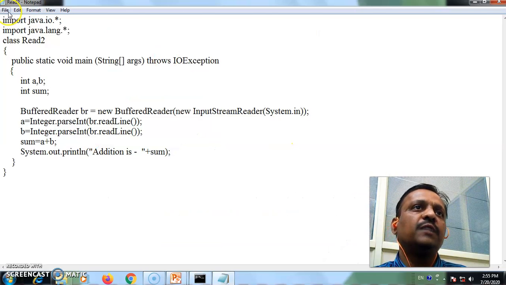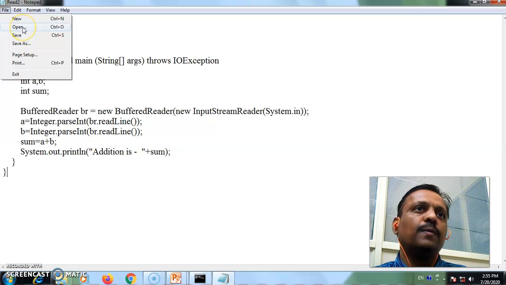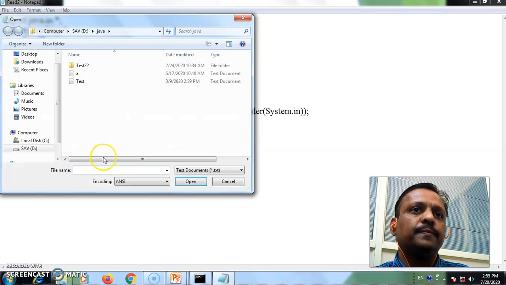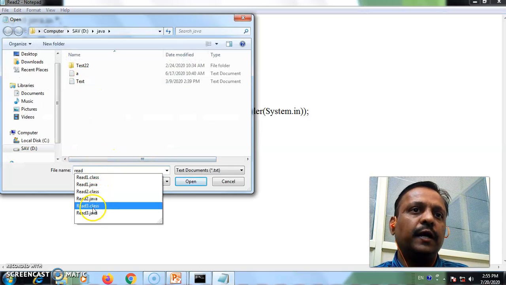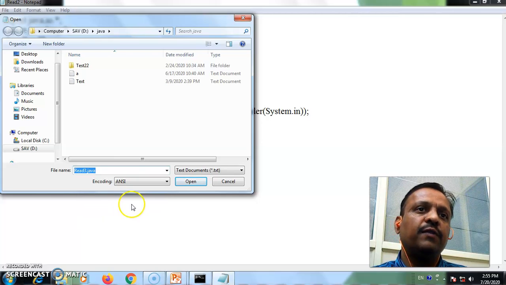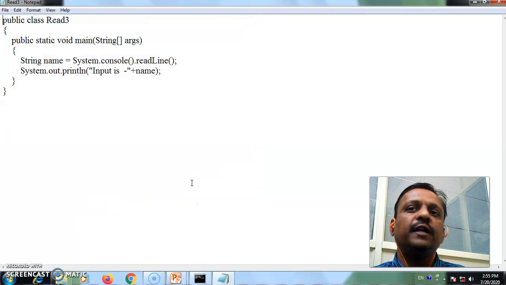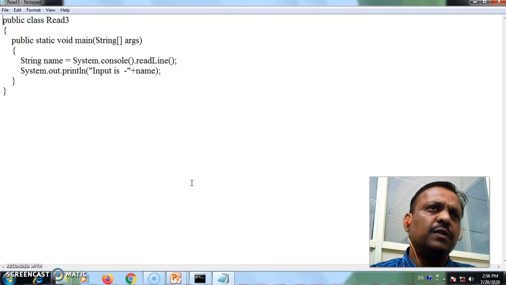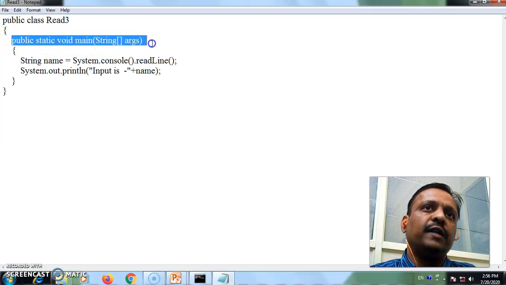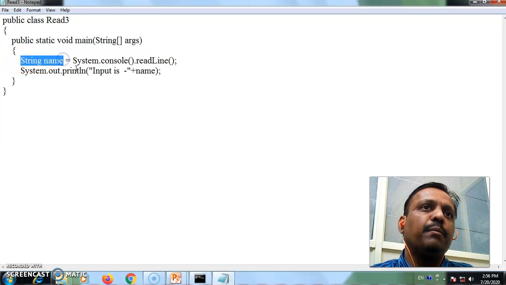Now let's see the example of the console. So here open Read3. This is the example that we have created for taking the input from the console. Simply, you have to define a class, take the main method in the class, and then define String name equal to System.console().readLine.